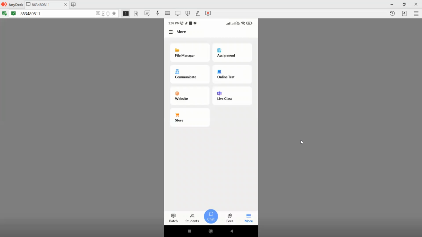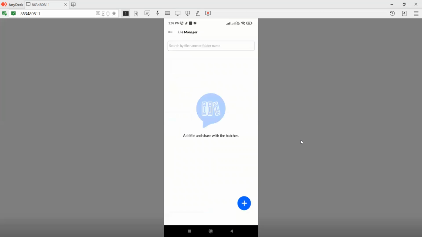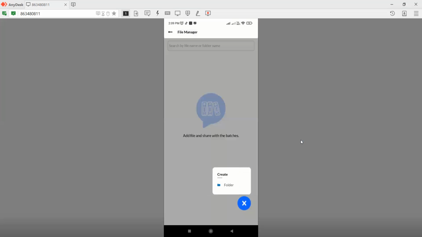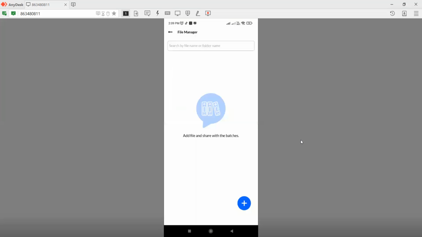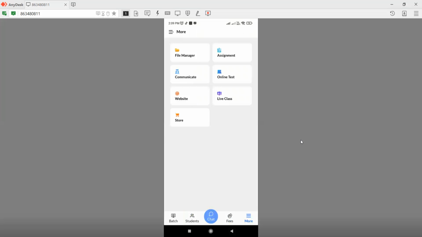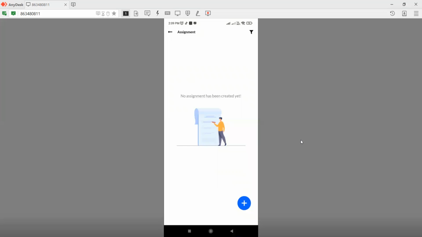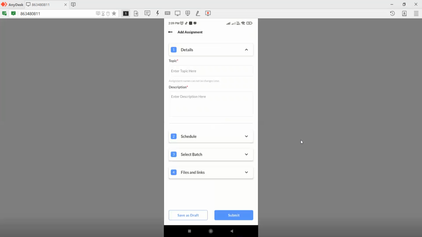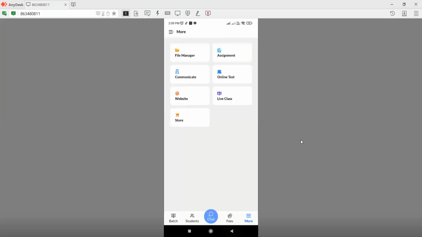The last option is more. In the more option, as you can see, there is the file manager option. Once you create a folder, you can upload your files and add them to your folder. You can also give assignments to the students. From here only, you can add your students and add your assignments.